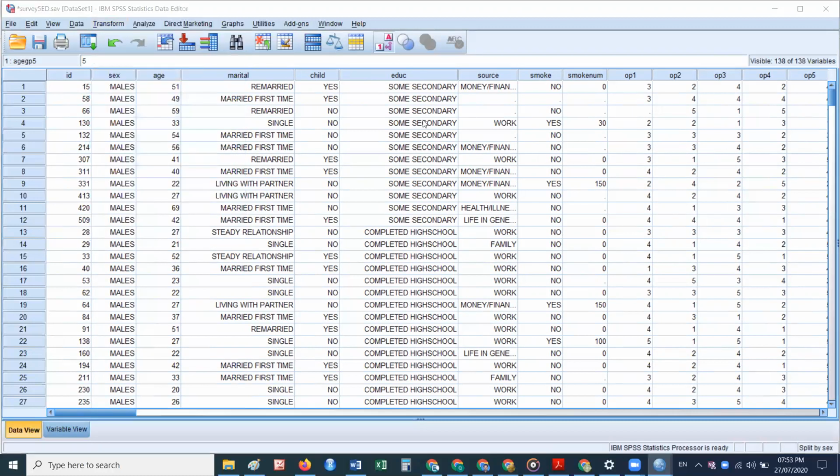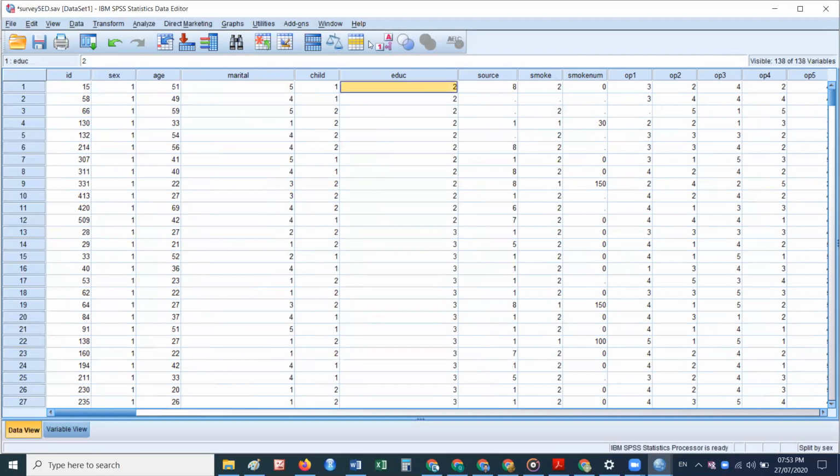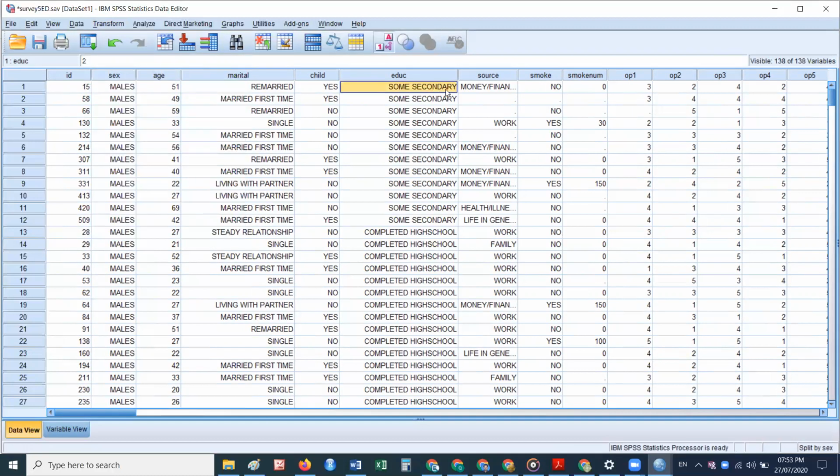like education. In education, we have the group as well as we have the value. Both are there. I'm just clicking on the value label, so you can see that it is 2. It is some secondary. In the same way, it is defined in the same variable. One variable is placed in 2 ways. Either it is shown as a numeric variable, or it is shown as a qualitative variable.